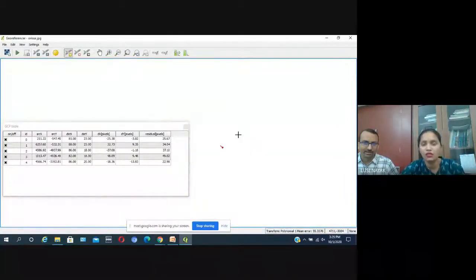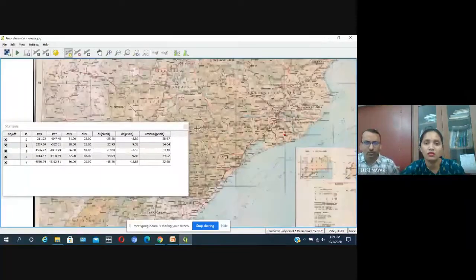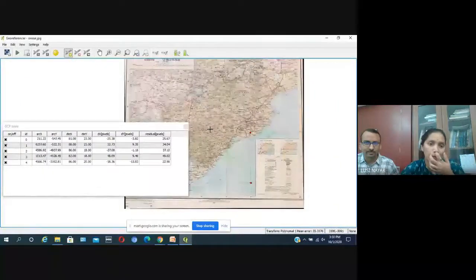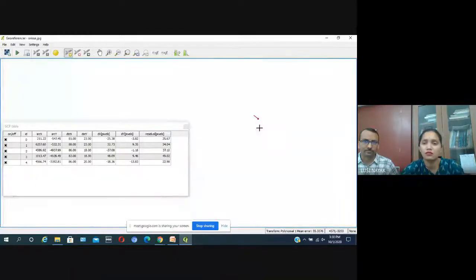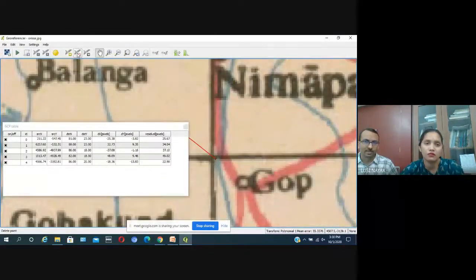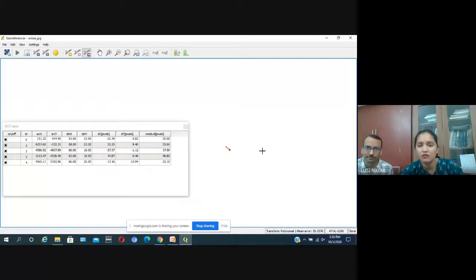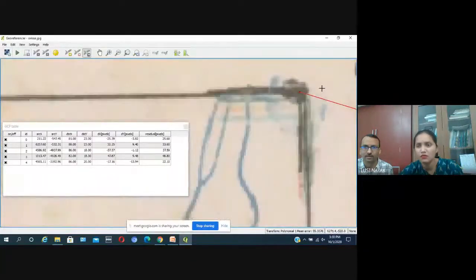Still some error is there, but it is very minor. Because we have not put it appropriately, you can move it. Just zoom in and move to the exact location. You can see the point has not been put exactly on the intersection of the latitude and longitude lines. So we are just moving it. Follow the points. Yes, it's fine.